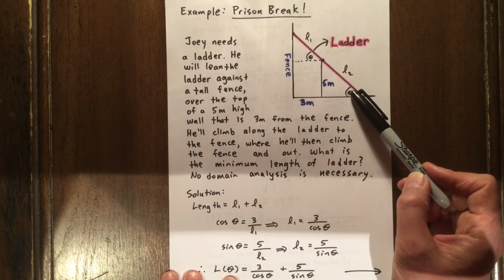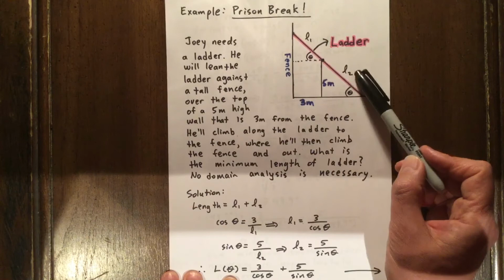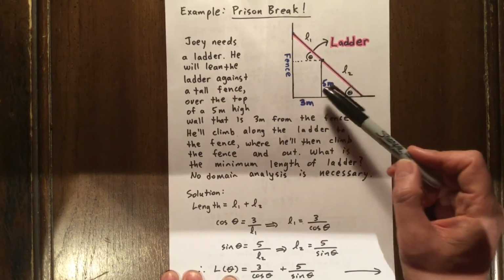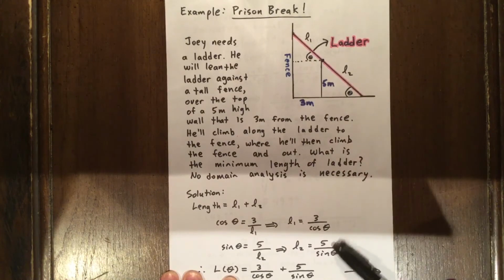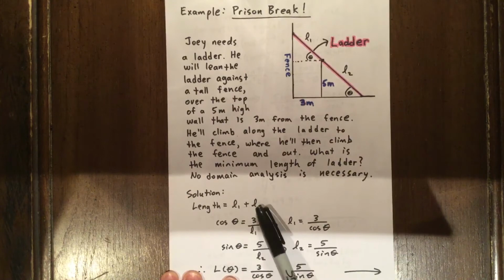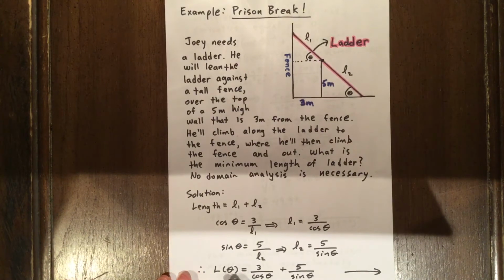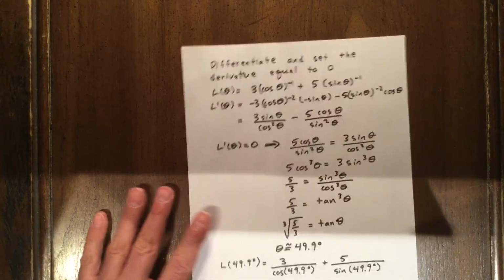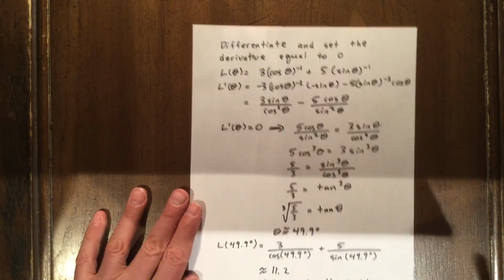We see that the sine of theta is equal to 5 over L2. And so that means that L2 must be equal to 5 over the sine of theta. And so since our length is equal to L1 plus L2, we can say that L of theta is equal to 3 over cos theta plus 5 over sine theta. Now, we can re-express that